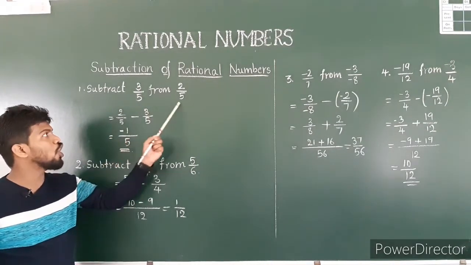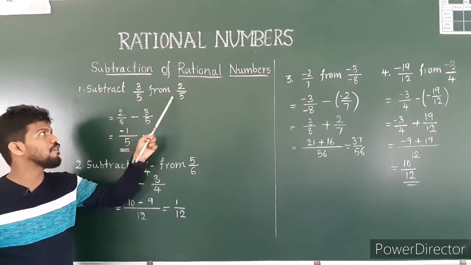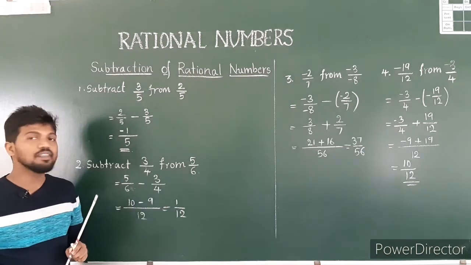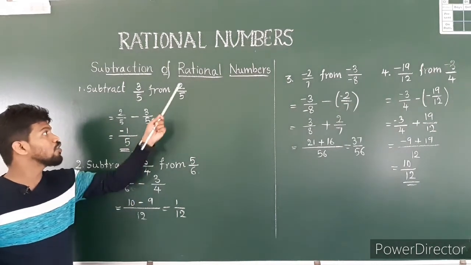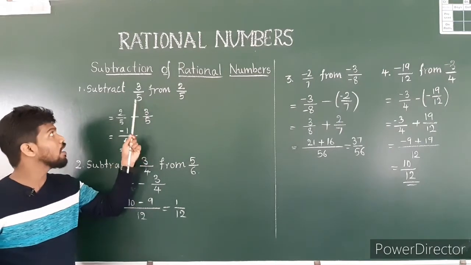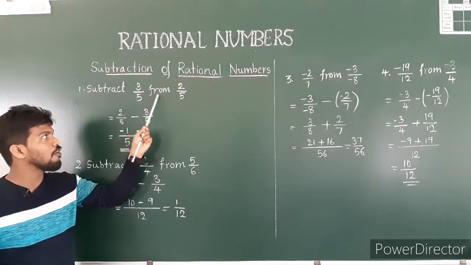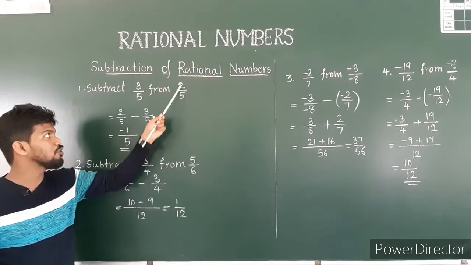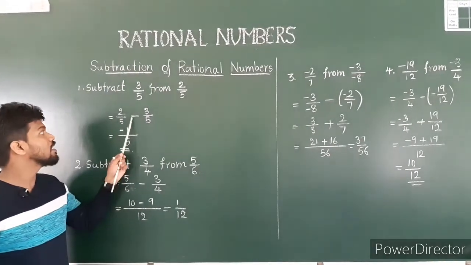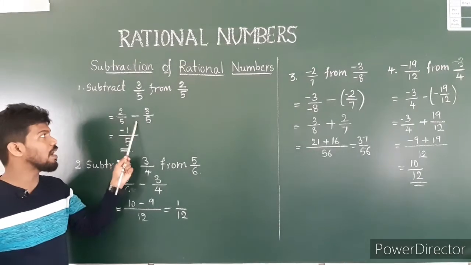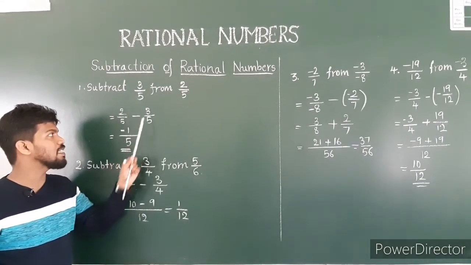You see that you have the common denominator, that is 5 and 5. So 3 by 5 from 2 by 5. Already you know the subtraction of fractions, so similarly the steps continue. You take 2 by 5 first, minus for subtraction, 3 by 5. So 2 by 5 minus 3 by 5.